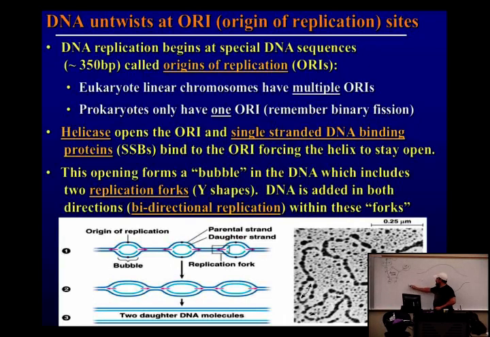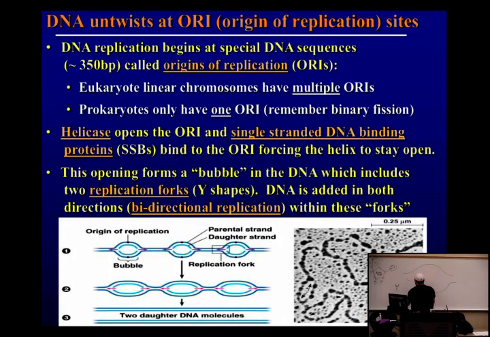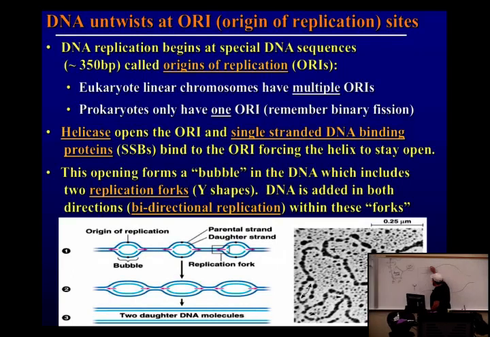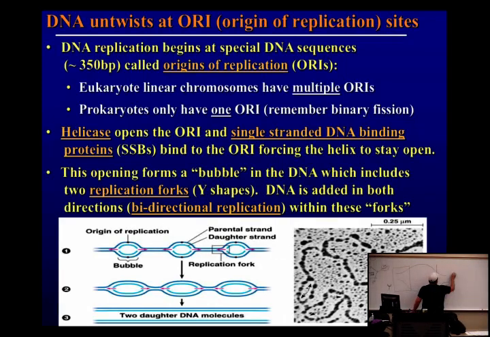So what does that look like to you? Well, it's on a stick, so what would you call a Y on a stick? It's a fork. So, okay, we could call it replication Ys, but the technical name is a fork. So this right here is the replication fork, right? Because it looks like a Y. This is the bubble. Here's another replication fork. So for every origin of replication, there's two forks and one bubble. I didn't make up the terms, but that's what it's called.